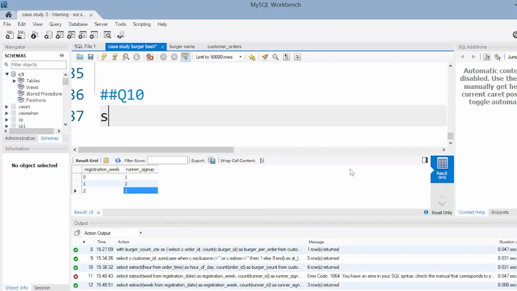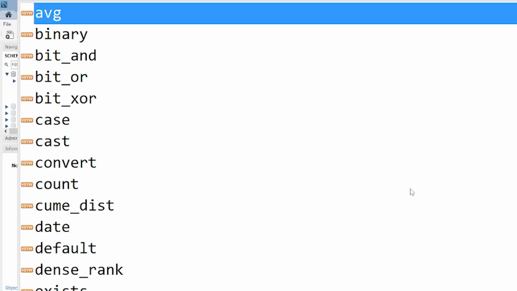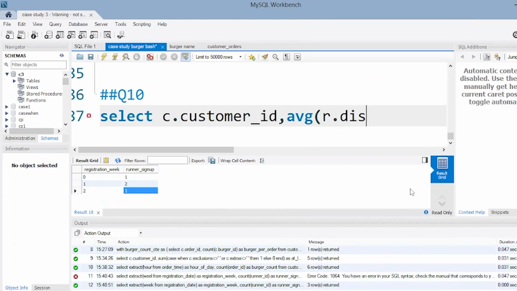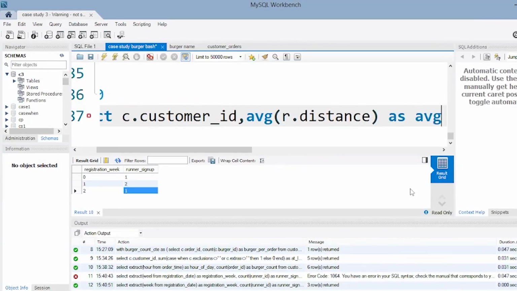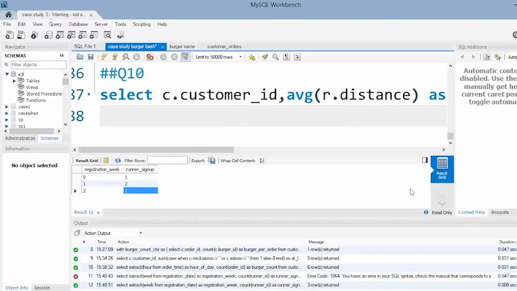Okay. So let's select c.customer ID because we want the value for each customer, correct? The average distance for each customer. So you will simply display the customer ID. Along that, you will display the average distance. For that, we use the average function. Give the name as average distance to the column. Okay, from customer orders